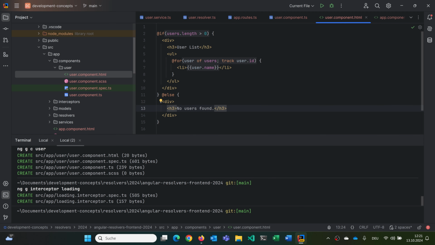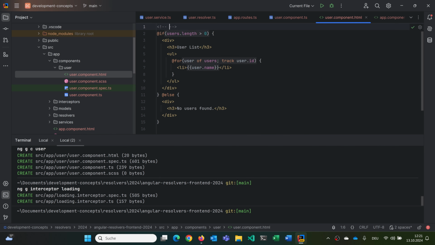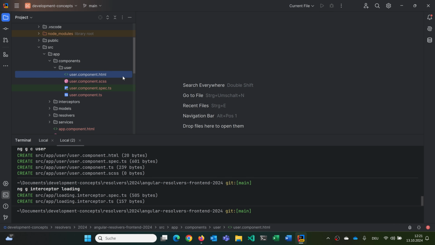So then we have our code, and here maybe we can make a comment saying "using new template syntax, template control flow", so the @if and @else and @for, of course. So I think now we could already try to start our frontend, and then we would hopefully see that everything here is working. And then in the next step, I would like to also implement the loading interceptor